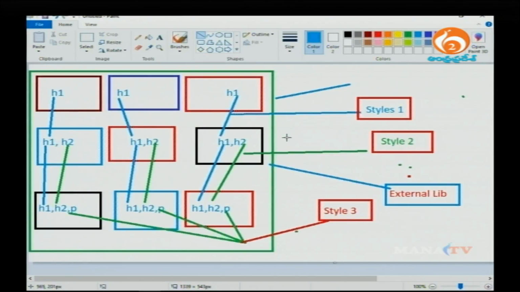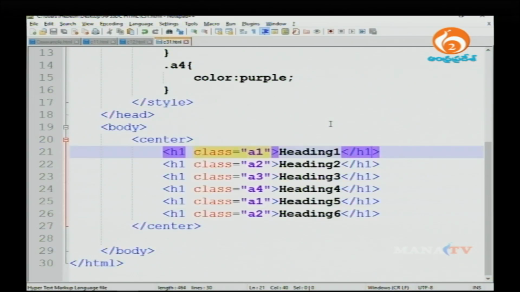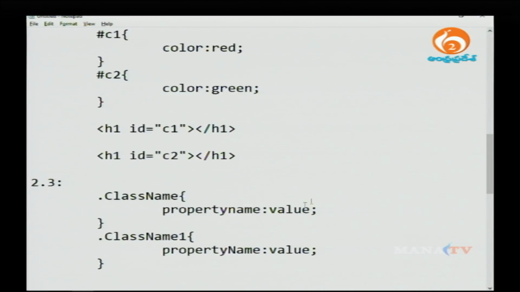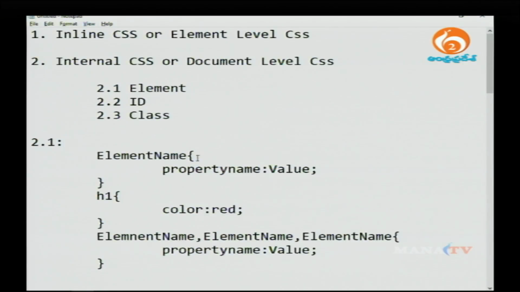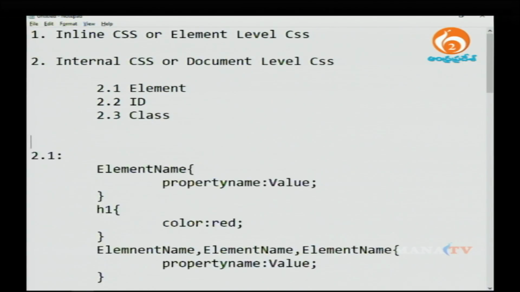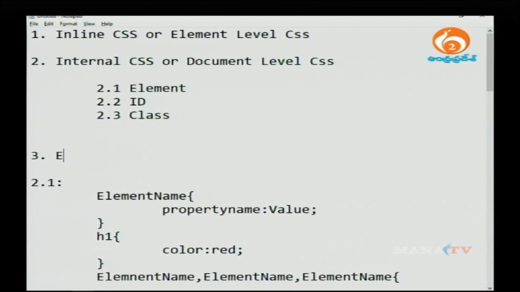So that your life becomes pretty simple. As a web developer, as a designer of web applications, your life becomes pretty much simple. And this is one of the recommended ways of building applications, right? So that is what we have as the third one. We have discussed only 2, right? We have not discussed the third one. What is the third one here? The third point is